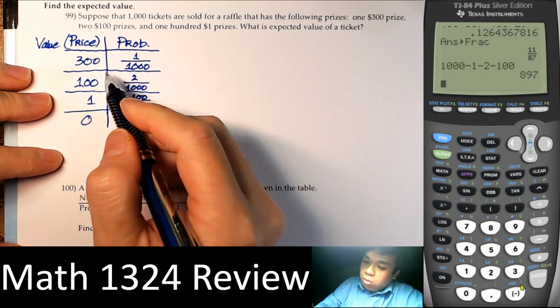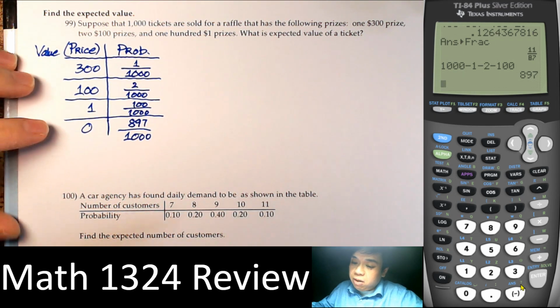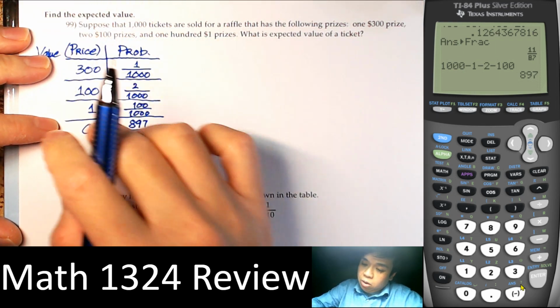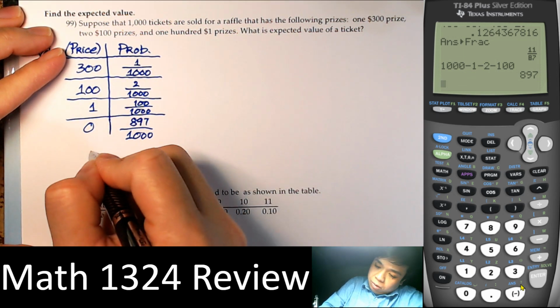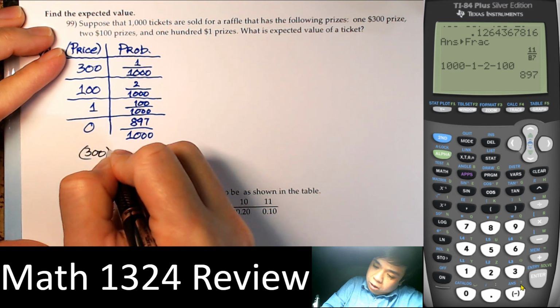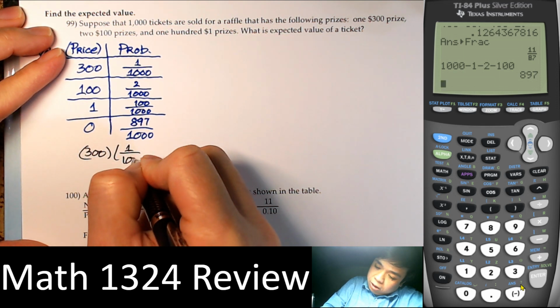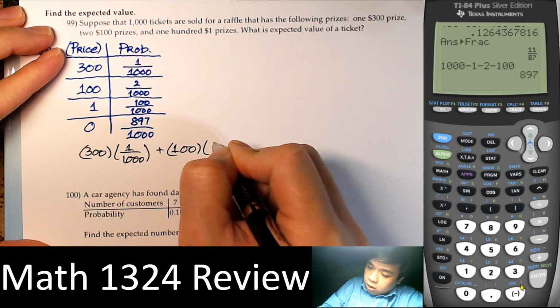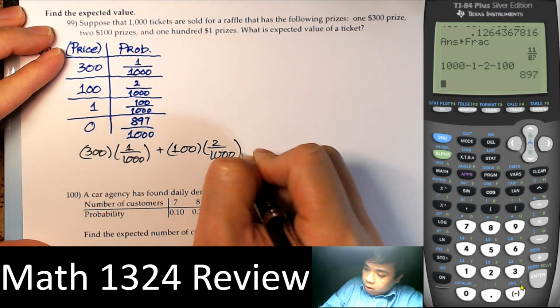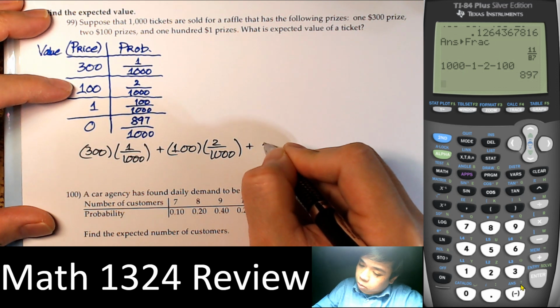So we just multiply for expected values. We just multiply straight across and add them. So 300 times 1 over 1,000, plus 100 times 2 over 1,000, plus